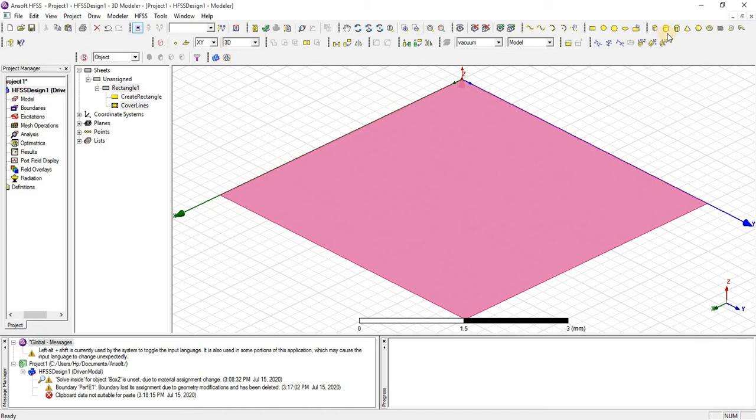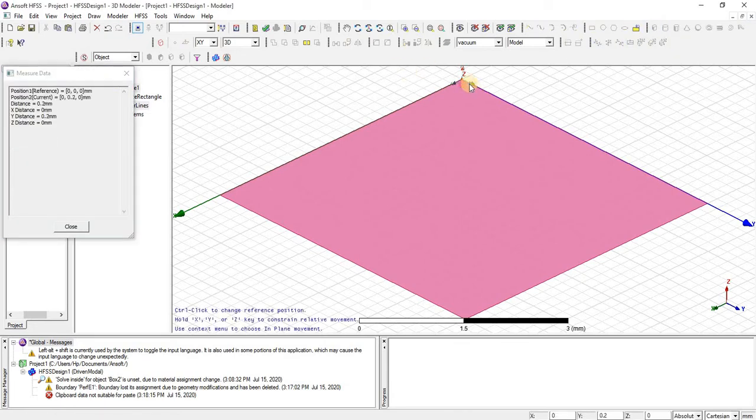On top of that there will be a substrate, and the substrate is always a 3D object, a box.